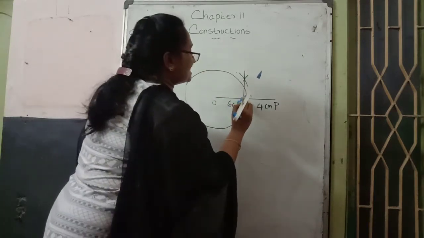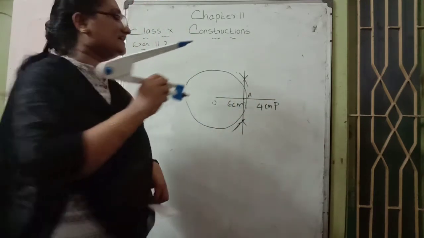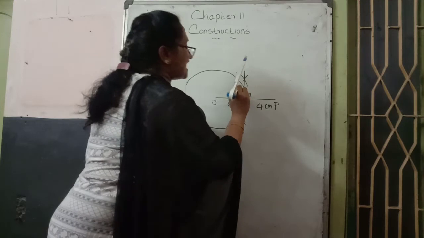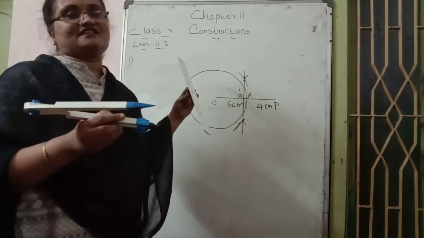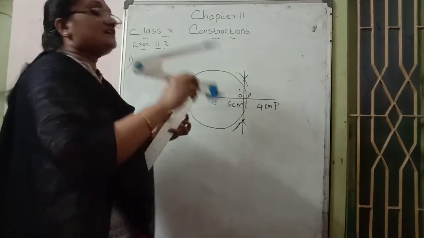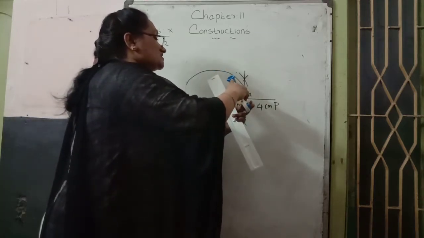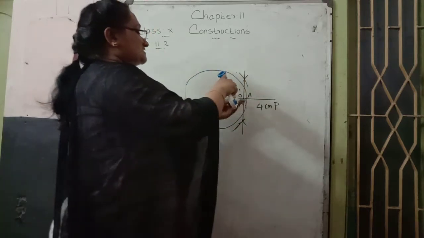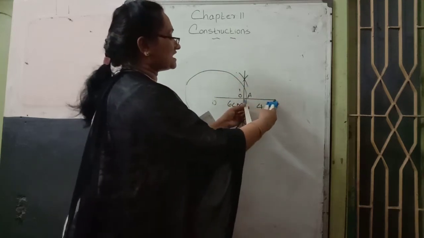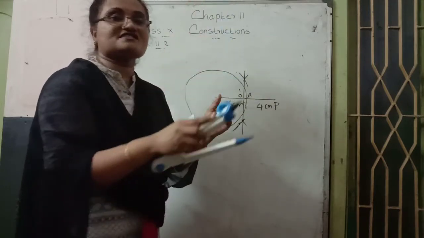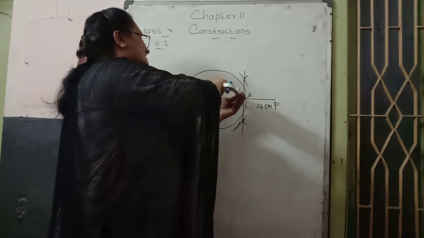This perpendicular bisector cuts the OP line, intersecting the OP line. That point you can give any letter, that is your choice. I mark O dash as that cutting point. Then O dash as center and O dash O as radius. This way take the O to O dash distance. O dash to O distance and O dash to P are the same only. Why? Because the perpendicular passes through the center of that line.